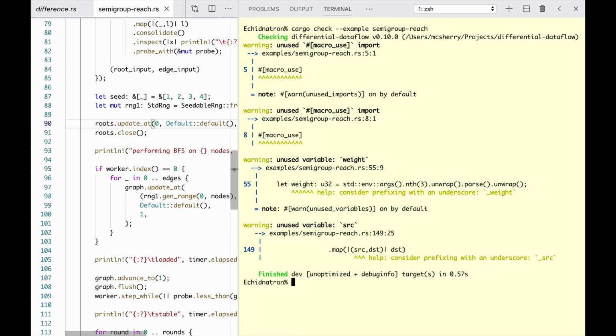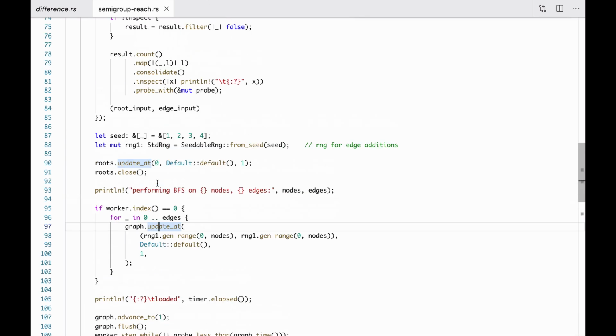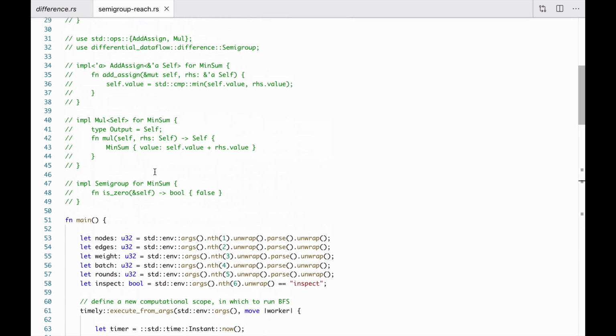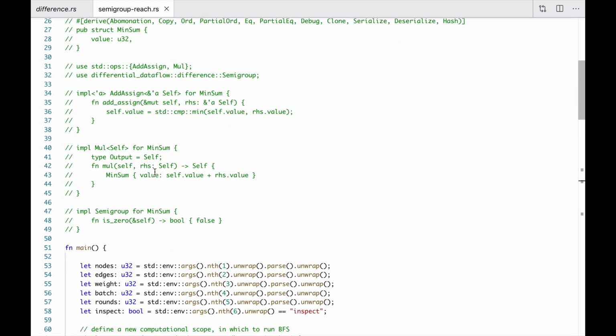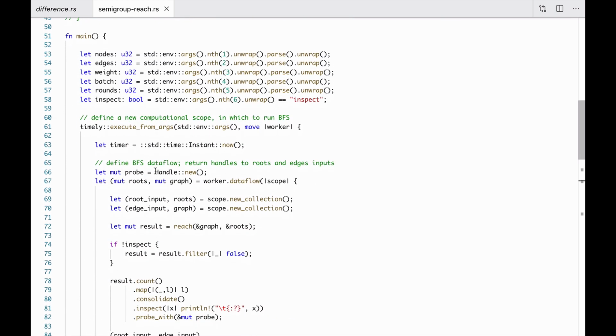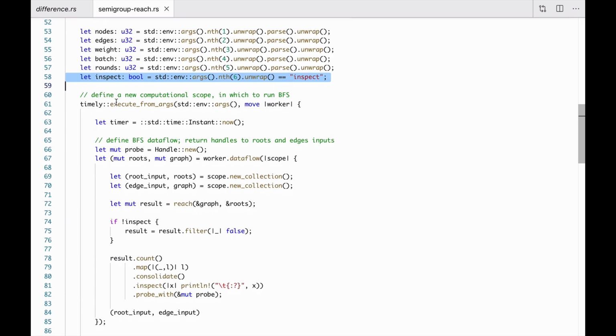All right. So we're good to go. So what does the program do? We've written a general program. We're going to relax it a little bit. It takes in some nodes, some edges. Wait, what's that? Don't worry about it. A batch size, some number of rounds to do, and an argument that says should we bother to look at the